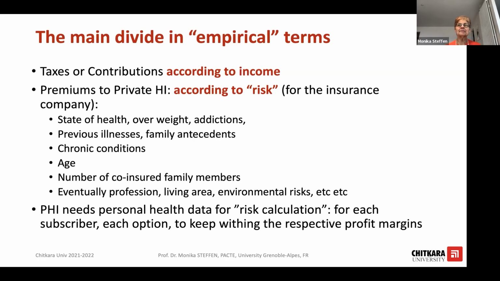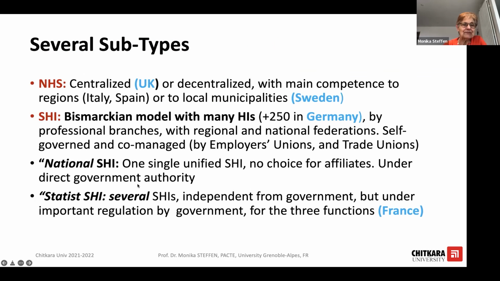Now let's say from an empirical point of view, what this means. So taxes or contributions are paid according to income. Premiums to private health insurance are paid according to the risk you represent for the insurance. If they think they have to pay a lot for you, they make you pay high premiums. So they will consider your state of health, whether you are overweight or whether you have addictions, previous illnesses, family antecedents, chronic conditions, age, number of co-insured family members, eventually your profession. If you are a lawyer, you may pay less than a lorry driver because you have less,